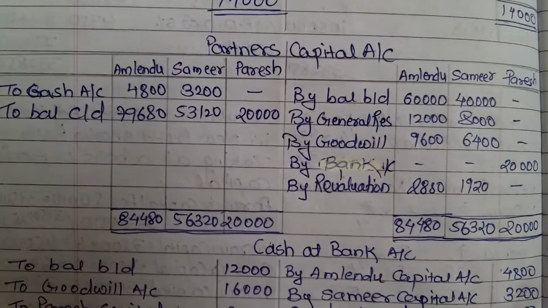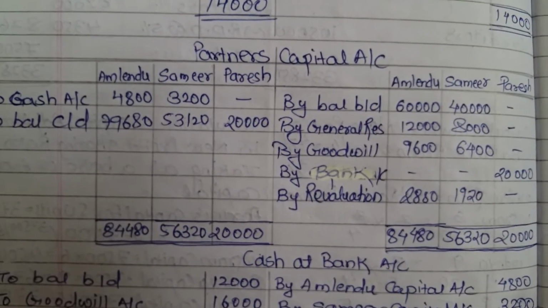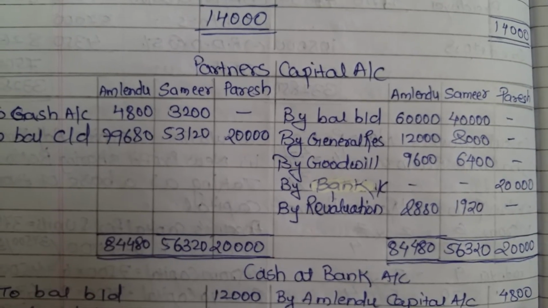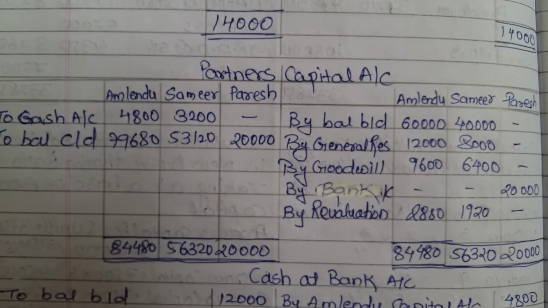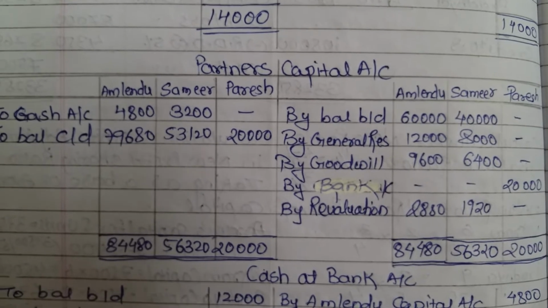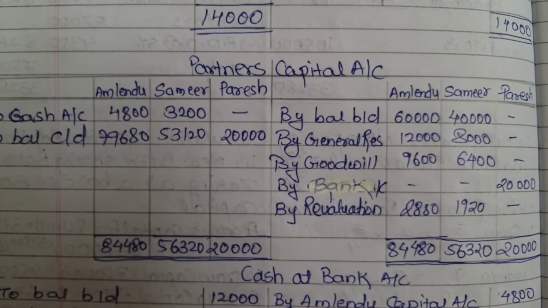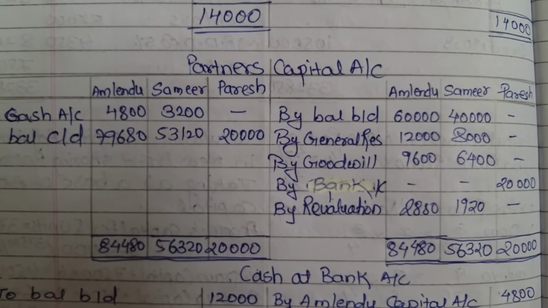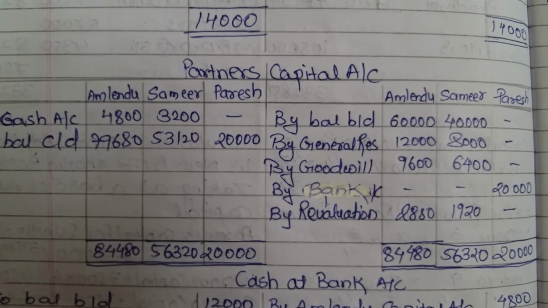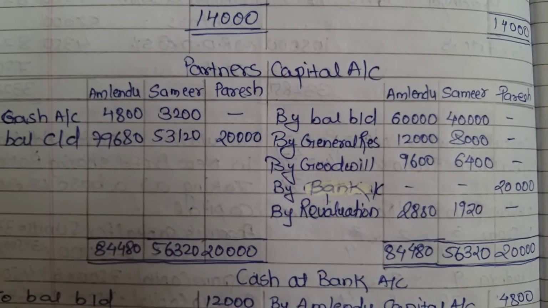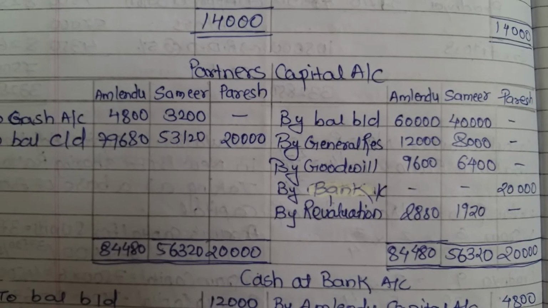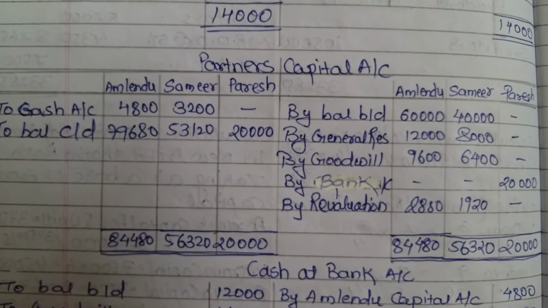See, in the partners' capital on the credit side, by revaluation account 2,000. Almendo and Samir will get the benefit or profit for the revaluation of assets and liabilities before joining the new partner, right? After this, close your partners' capital account. See that the credit side will be higher and the debit side is lower. So first we will make the total of the credit side of Almendo's account and minus the debit total from the credit. You will get the closing balance 79,680.